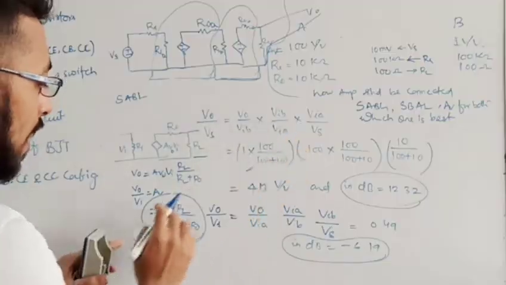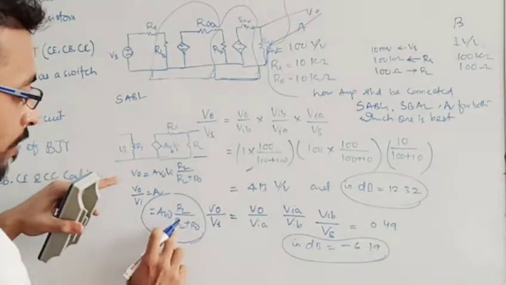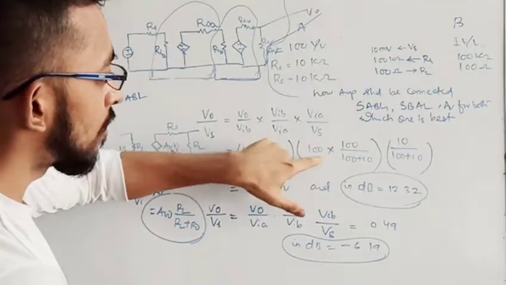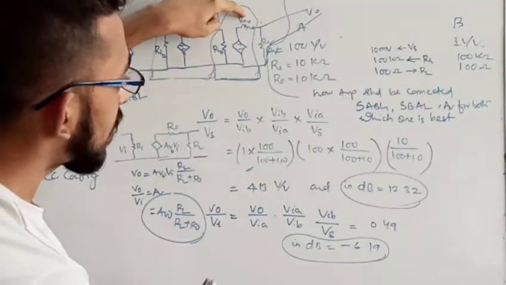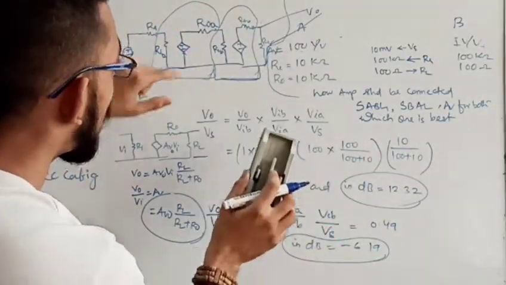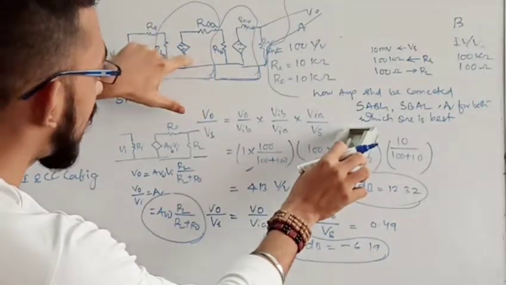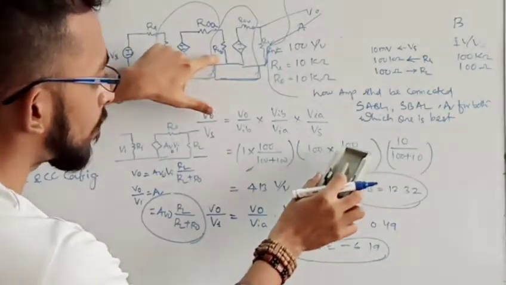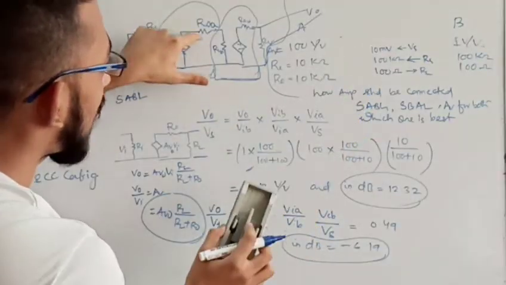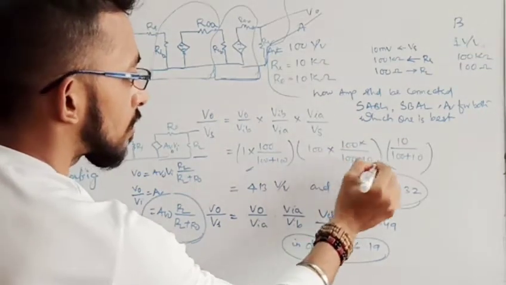Now next, we want to know what is the VIB upon VIA. So what is the VIB upon VIA? It is nothing but the gain of this VIA multiplied by this load of B divided by this load of B plus output resistance. So what is the gain of A, which is nothing but 100 volt per volt, multiplied by this R output B, which is nothing but 100. Then divided by 100 plus load. Sorry, for this case the output is nothing but the input of B. For the output of A, load of A is nothing but the input of B, which is nothing but 100 kilo ohm. So this is 100 divided by 100 plus this 10, because our output of A is 10. So this is 100 plus 10. Since all are in kilo ohm, I have not written kilo ohm over here. So this is kilo ohm.